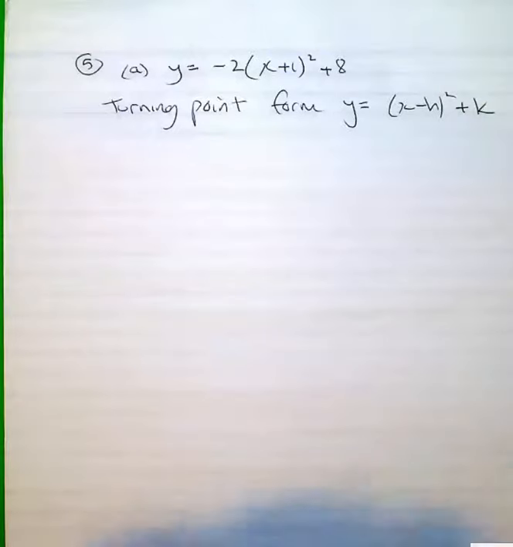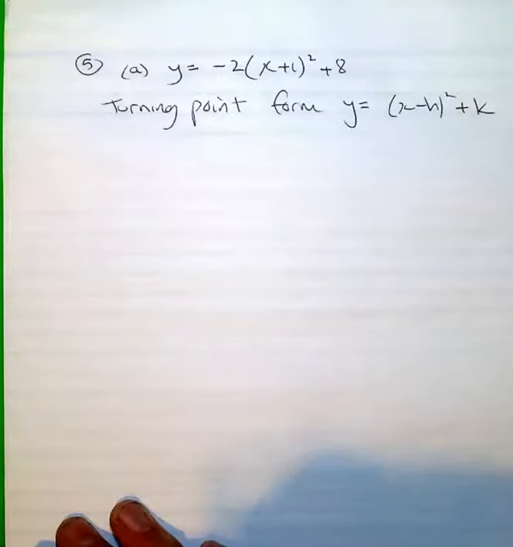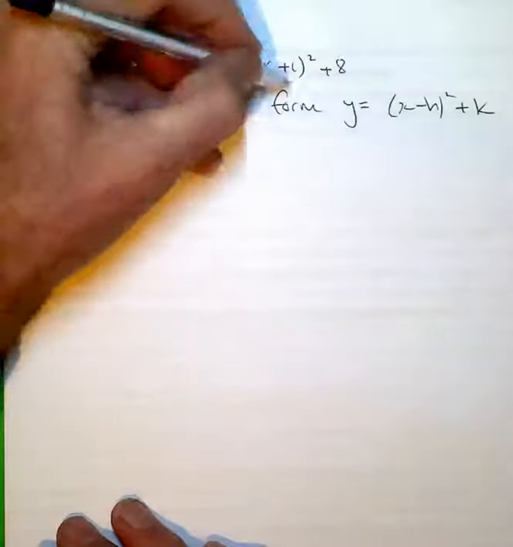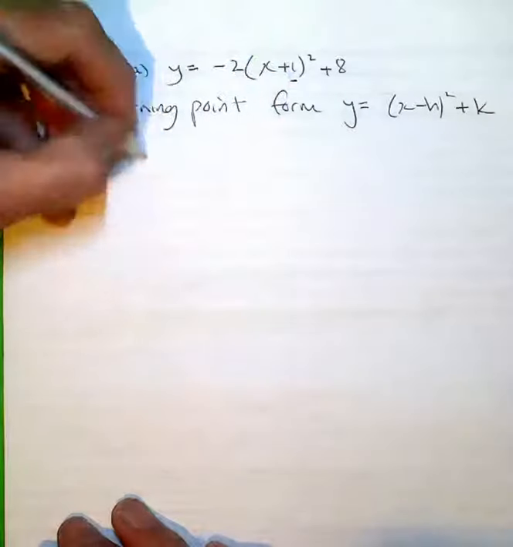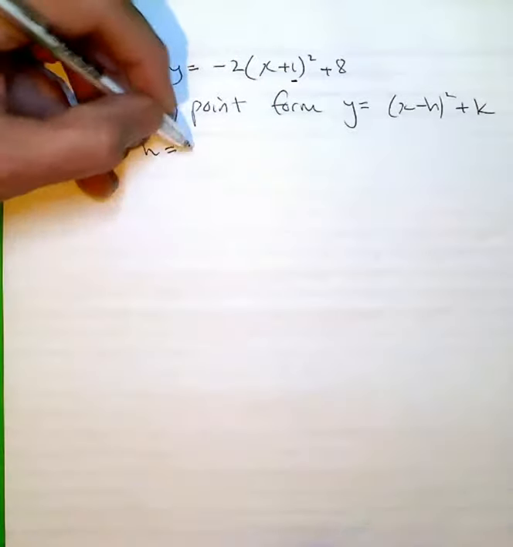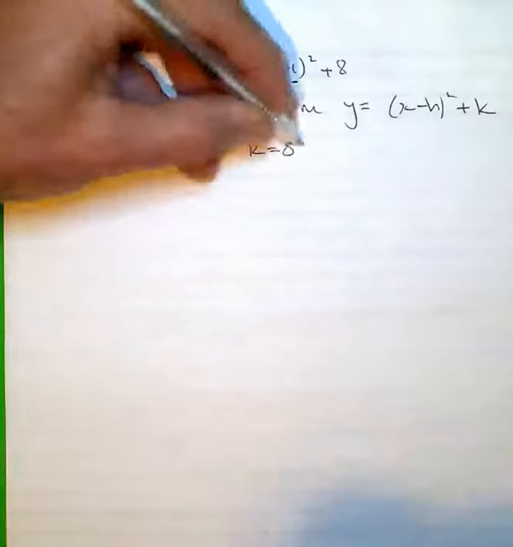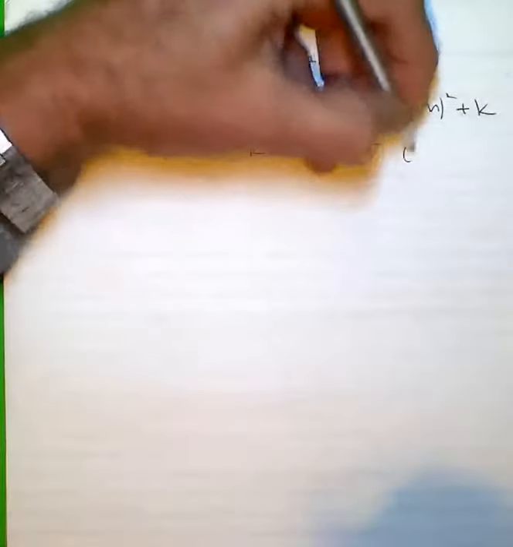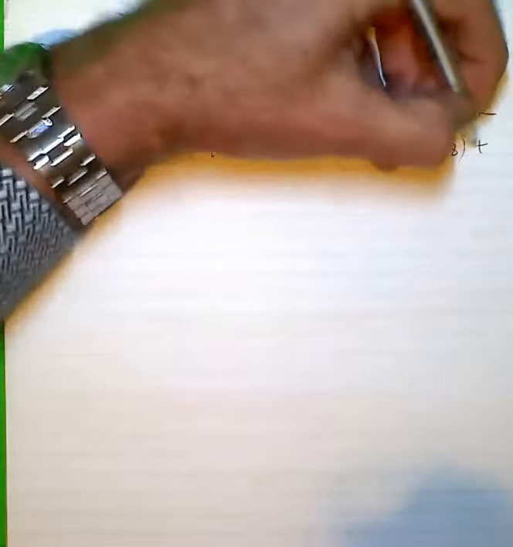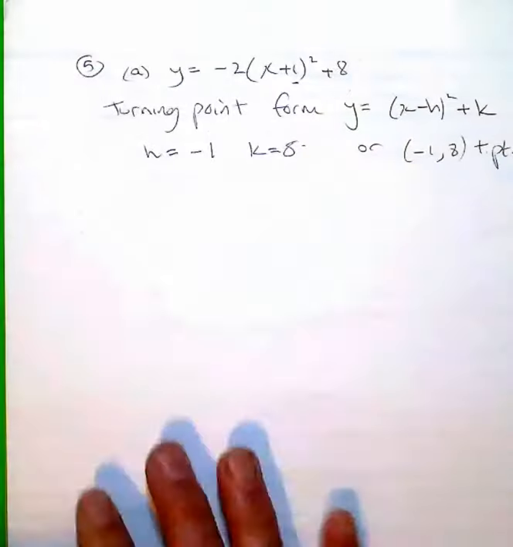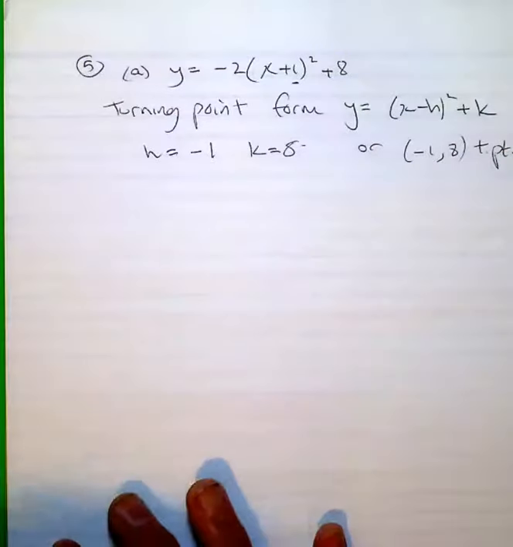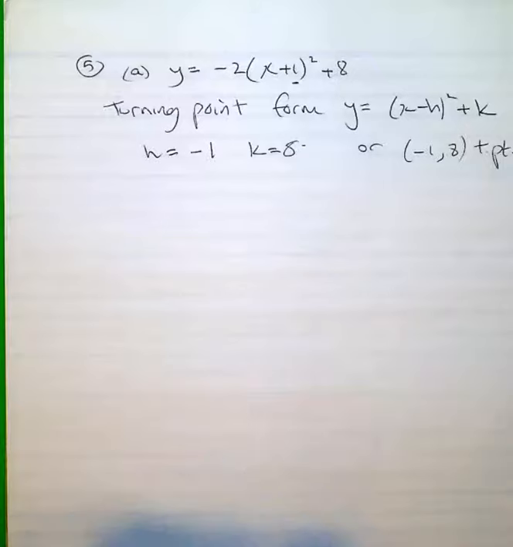Question 5a, you're given the graph in the format of the turning point notation. Now the turning point notation gives us the x value, which is h. So in this case, h is going to equal -1 and k is equal to 8, or -1, 8 for the turning point. What then remains for us to do is to expand that and to find the